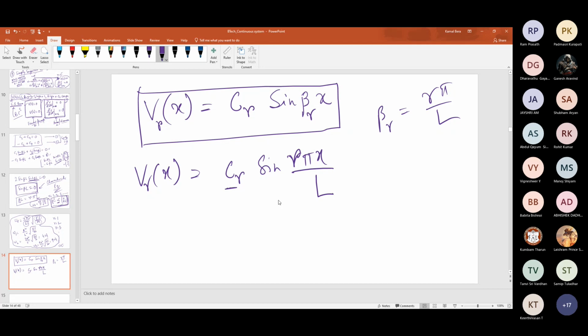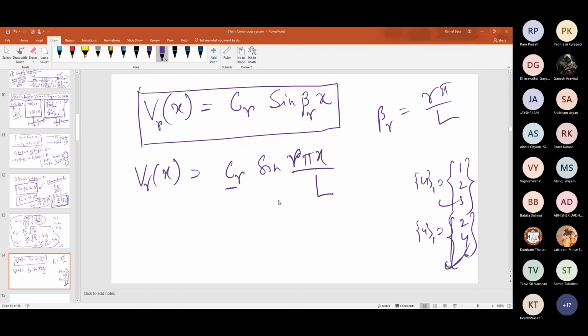Remember, your mode shape is not unique. I'm sorry, the shape is unique, but you can have any scalar multiplier, it is not affecting the mode shape. Remember the mode shape vector, let's say u1, you are getting 1, 2, 3, let's say for a 3 degree of freedom system. If someone writes the mode shape like 2, 4, 6, he or she is also correct. Because any scalar multiplier is not affecting the mode shape of the vibration, right? That's why we normalize it, to make it unique, we normalize with respect to the mass matrix. That's why U1 transpose M U1, we get some constant, I mean 1, right? Mass normalized. To make some uniqueness, that's why the normalization thing comes.